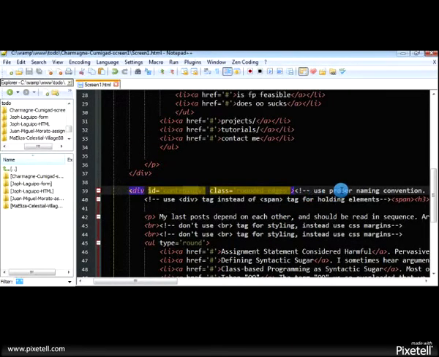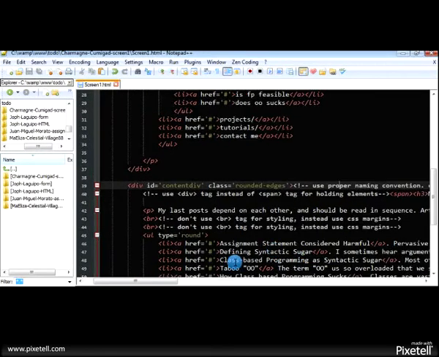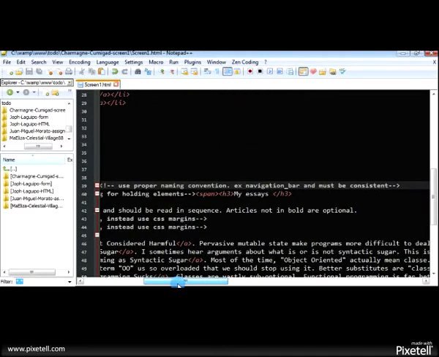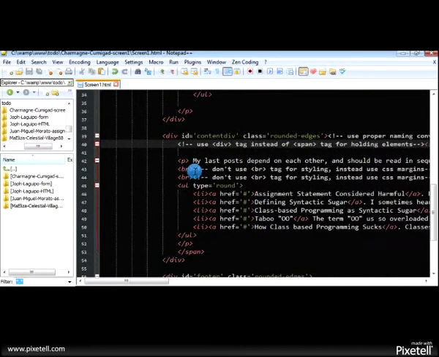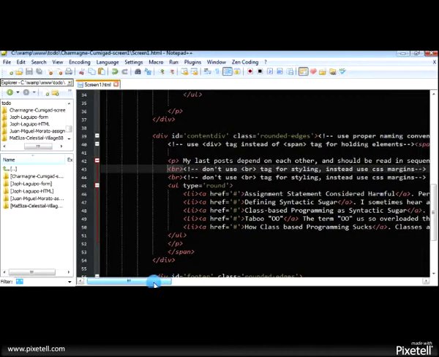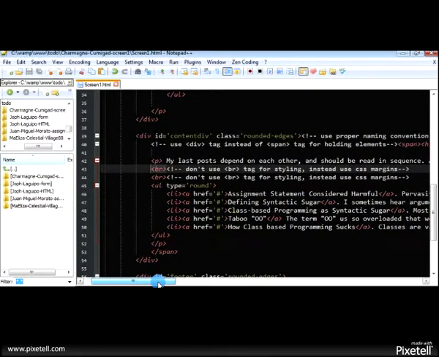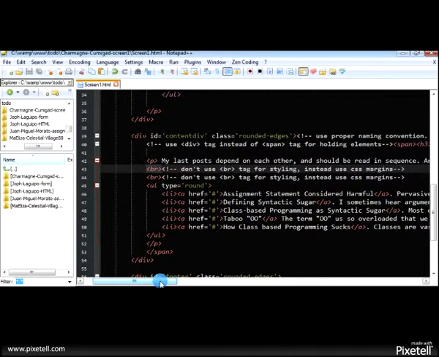Also in here you can use the proper naming convention for readability. Also in here you use the p tag rather than div, and you don't use the br tag for styling, because like what our mentor said, it's not best to use the br tag.